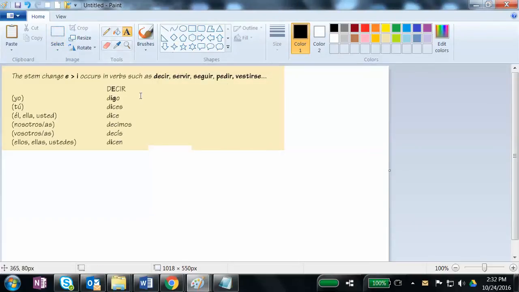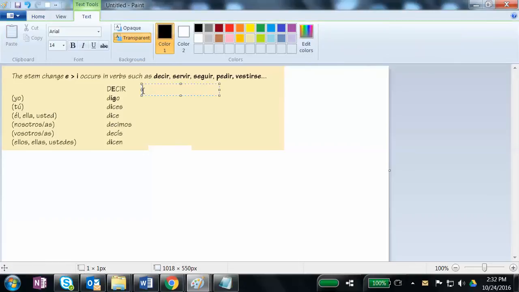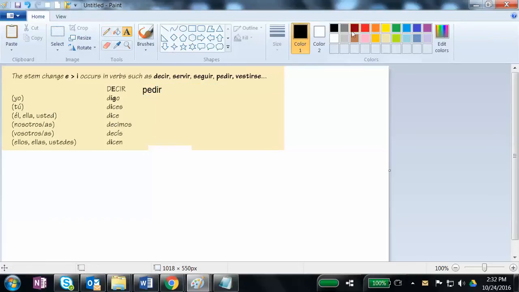If I do it with servir, well, we just saw servir. So let's say I do it with pedir, okay? So this time they are E to I stem changers,